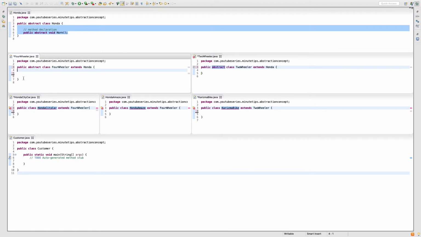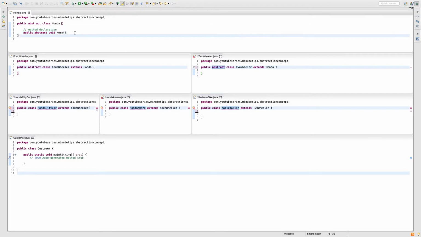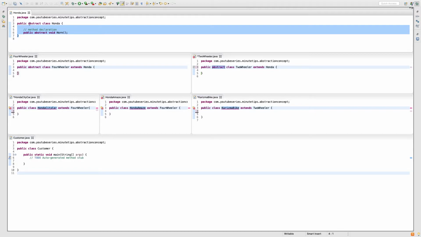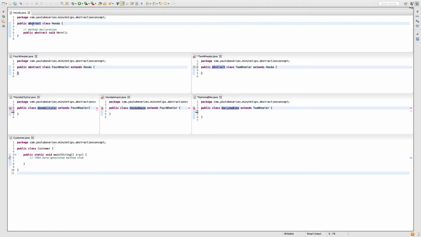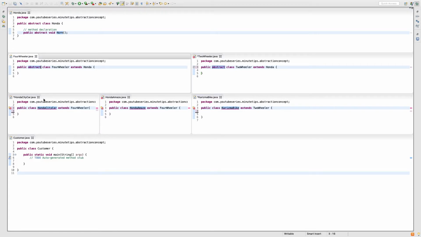So my four-wheeler class became abstract and my two-wheeler class also became abstract because they are not implementing this method. This is the first level which became abstract. My second level, under the four-wheeler and two-wheeler sections, is also not implementing the horn method, so they also became abstract directly. Now I am forcing my child classes.